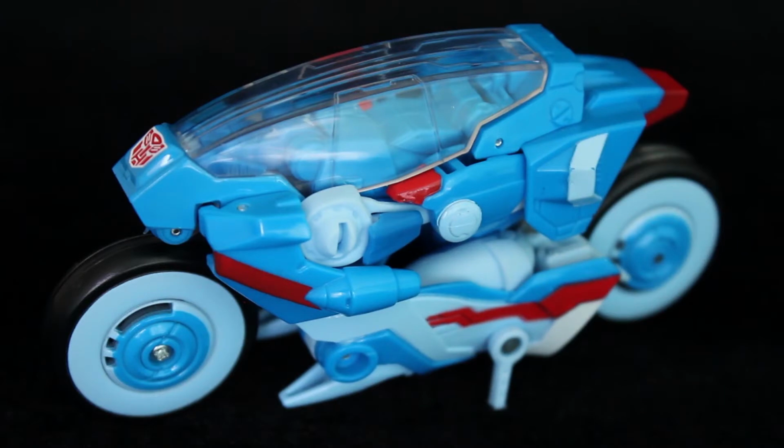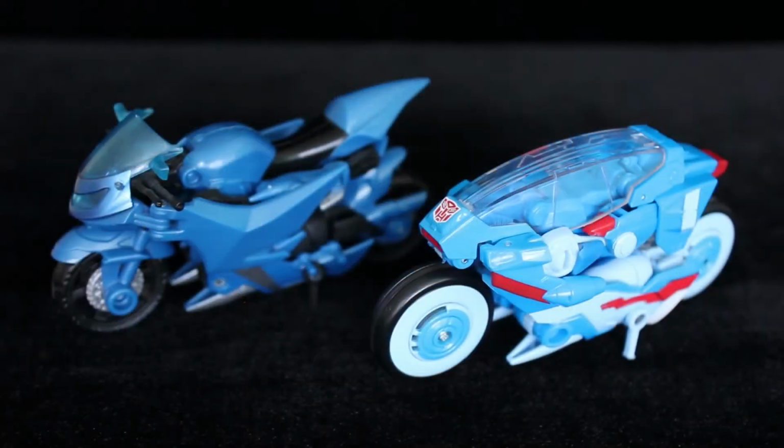On top of that, this is a recolor and extensive retool of Prime Robots in Disguise RC. But even if you have that figure and you just went by Hasbro's stock images, you wouldn't know. I didn't, until later on. It's quite fitting though, since Prime RC was seemingly based off of G1 Chromia, whereas for IDW it's kind of the opposite. To give you an idea of how much has changed, in alt mode we've gone from an Earth